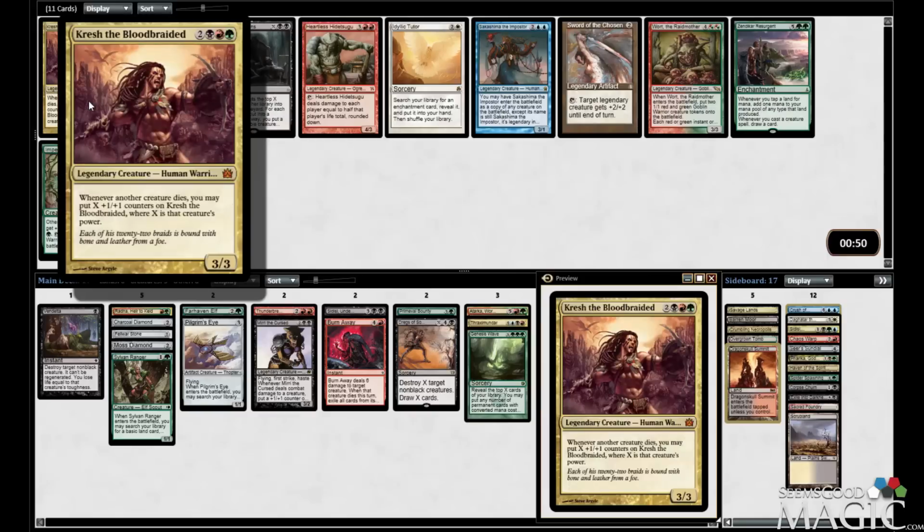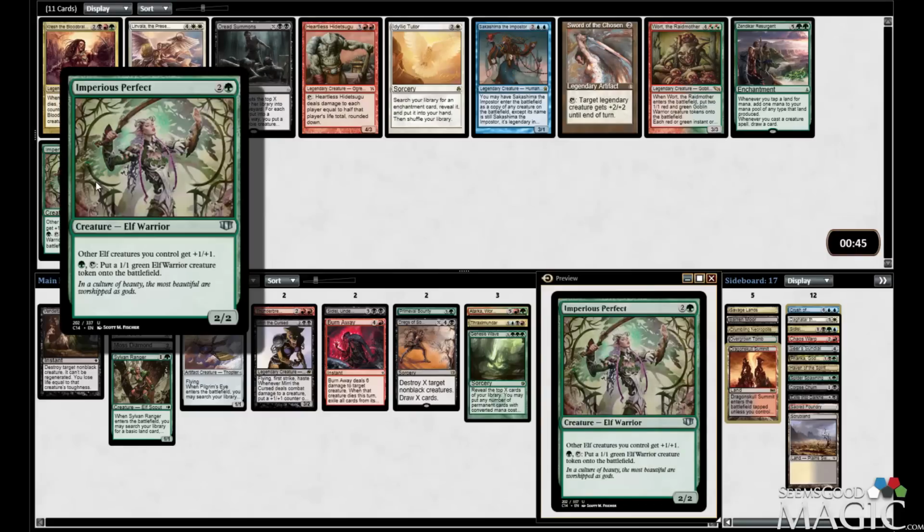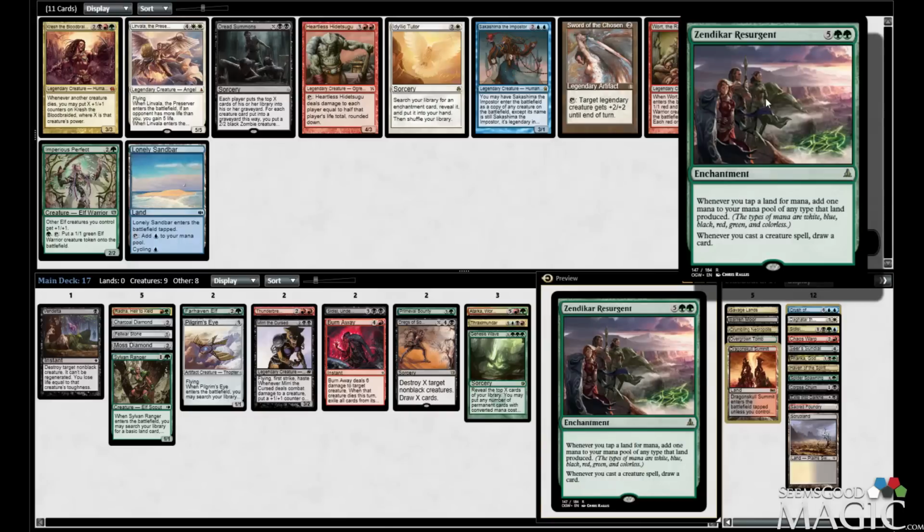Kresh. I might be interested in that. This guy just makes tokens. That's pretty cool. What do you do? Here's the battlefield. I get 2 goblins. Whenever I cast a spell, I can tap creatures and copy it. That's cool. There's also a Zendikar Resurgent,